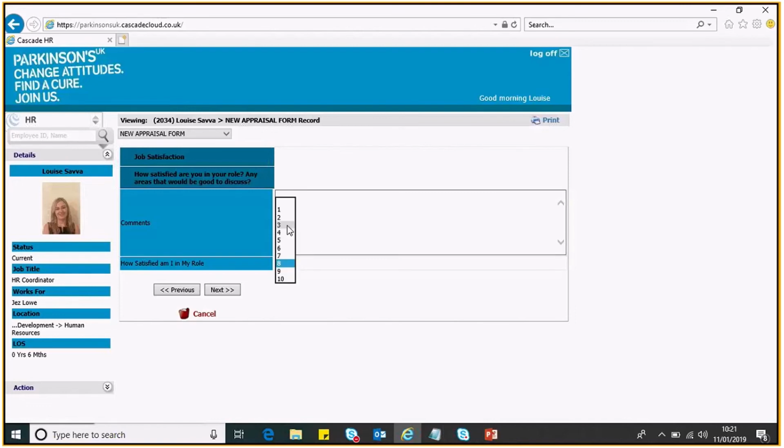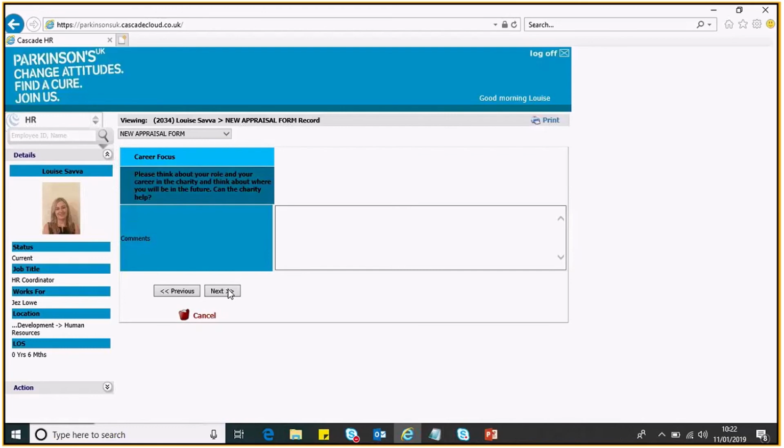Also here on this screen, we have a rating. So you'll need to give yourself a rating of how satisfied you currently feel in your role. This score is just an indication of where you currently are. It doesn't contribute to your final appraisal grade. When you come back here in your 12-month review, you can look at the score and you can see why it may have changed or may not have changed. And if we click next, we have the next question,